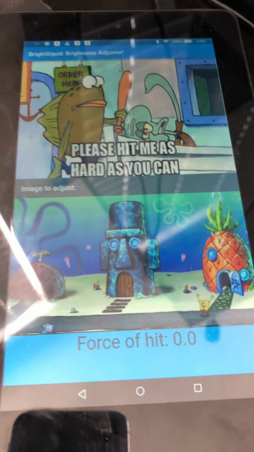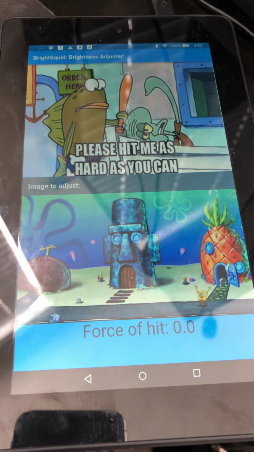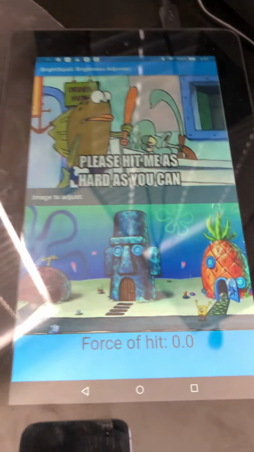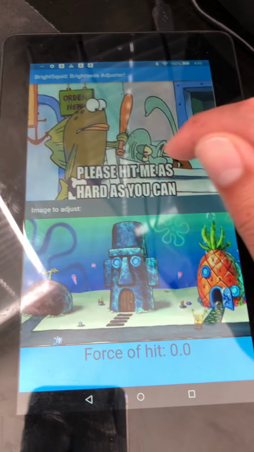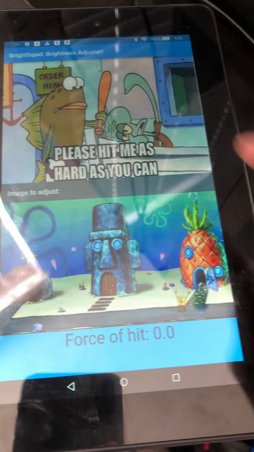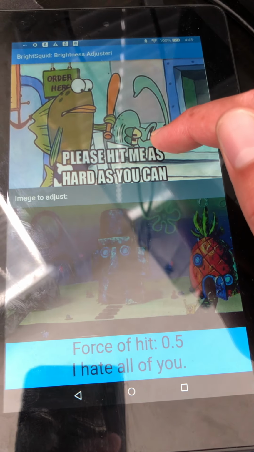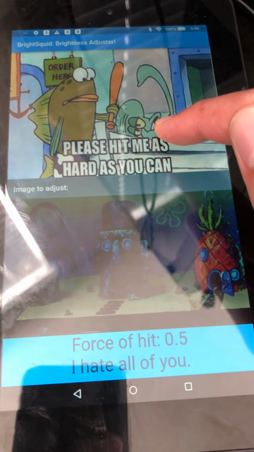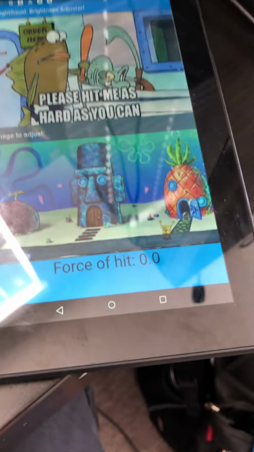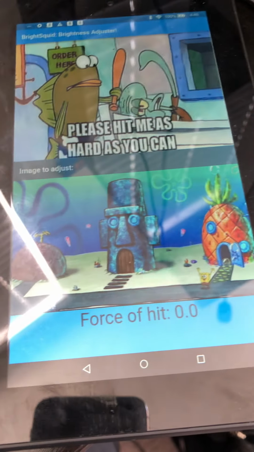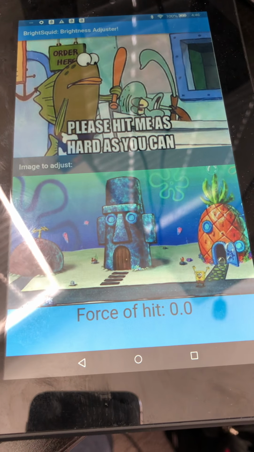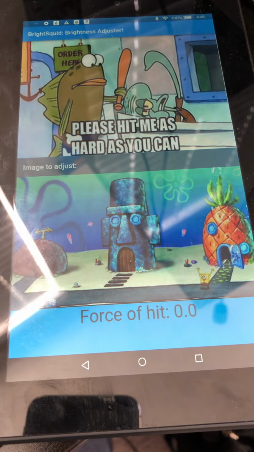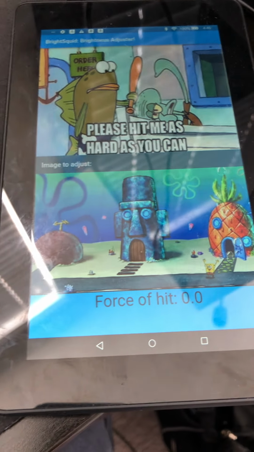Another example of the principles this is violating is bad consistency. The reason for the bad consistency is rooted in the fact that we have two different ways that we can adjust the brightness. The first one is the force of touch, which obviously doesn't work well to begin with, and the second one is the length of touch. And not only that, but the length of touch doesn't do anything other than make it gray. And so this is basically an inconsistency. These two methods of changing the brightness are not related at all, and it would probably confuse the heck out of any user that would be using this.